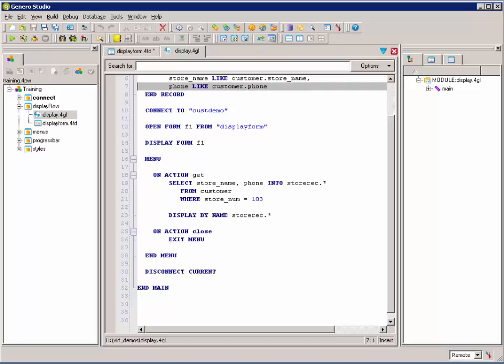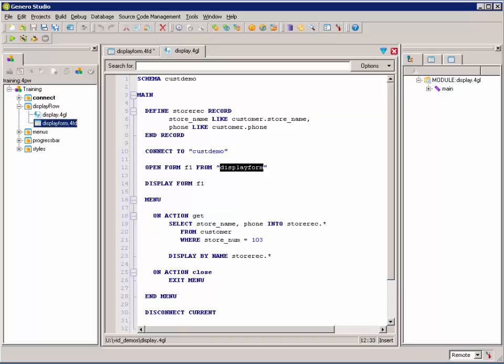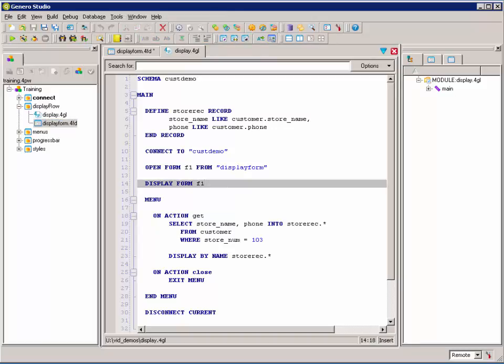Now when we look at the 4GL, the difference between just retrieving and displaying the row, now we have created a record that includes two variables, the store name and the phone. Notice that they are data typed just like the customer store name and customer phone. And we're going to open the form, display form, and then we're going to display it. Once we've displayed the form, we're setting up a menu that has just two simple actions, the get and the